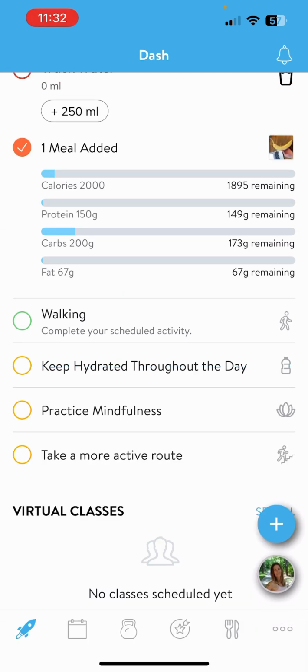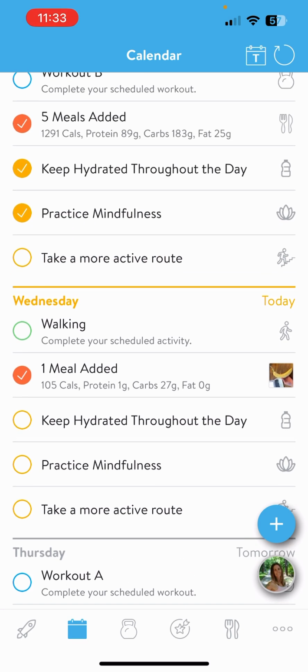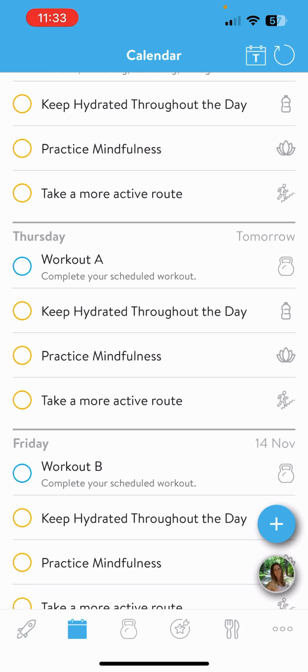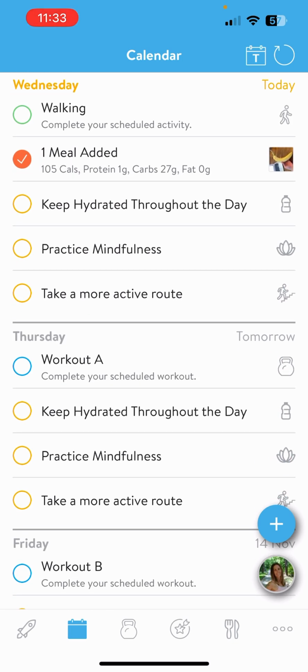or you can go to the calendar icon right next to the dashboard icon at the bottom of the screen, and then you're going to see what you have scheduled for the rest of the week. You can see what you've already done. But then if you decide you want to do a separate workout, you can click on the kettlebell at the